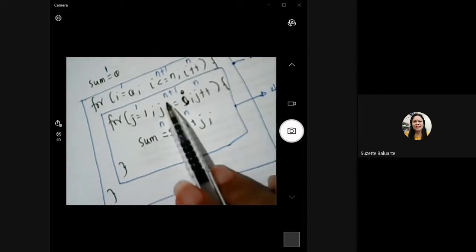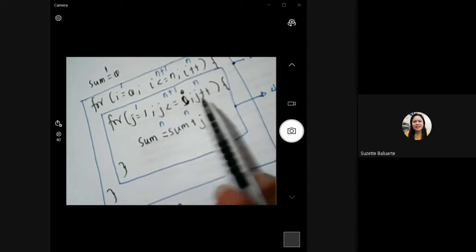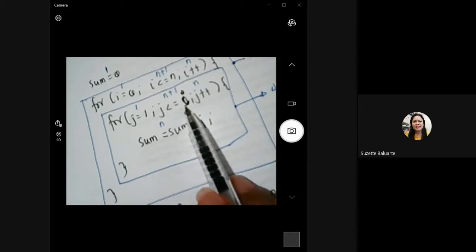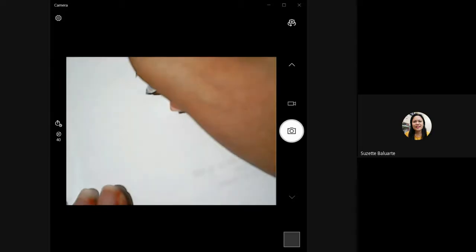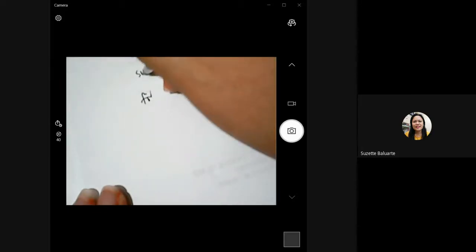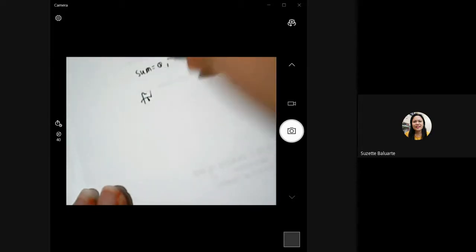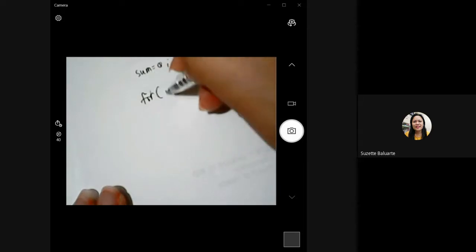Instead of n, this is not n anymore, because it is i. To make it clear, I will write it clearly. So, for sum is equal to 0, then for i is equal to 0, i less than or equal to n, i plus plus. Then you have there for